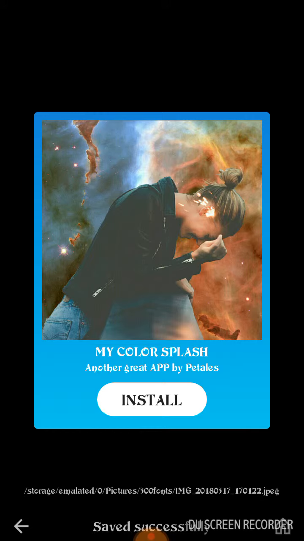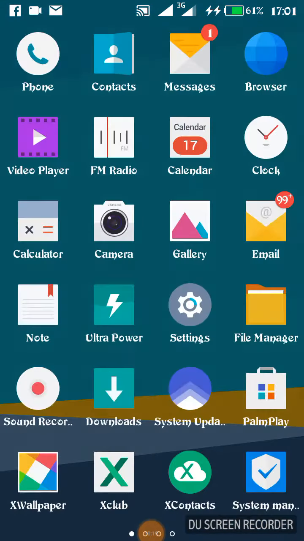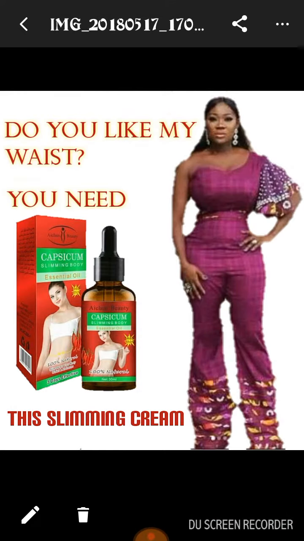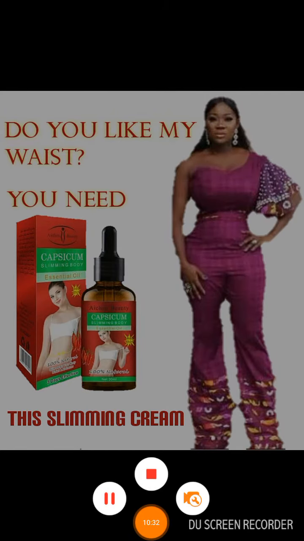So now let's try and check the image out. It will be under Font 500. Here it is. So it's as simple as that. Designing is very simple. So thank you guys, and I hope you understand